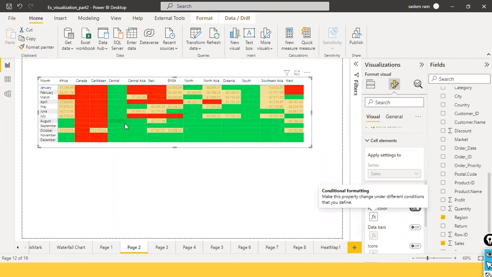So this one is called your heat map. With the help of the heat map, we can understand this much. In the central region and quickly in central south, though the data are displayed in table format or matrix format, we can make out easily that in south and central we did a good job. Okay, and the next